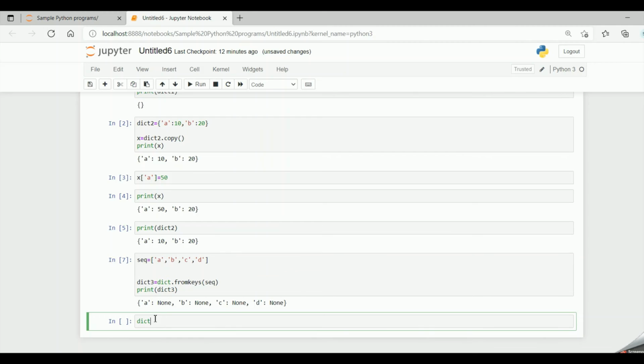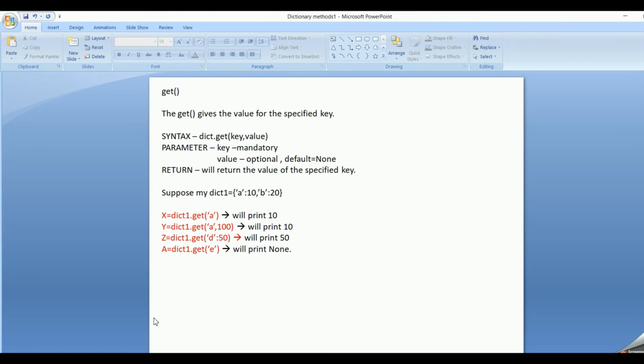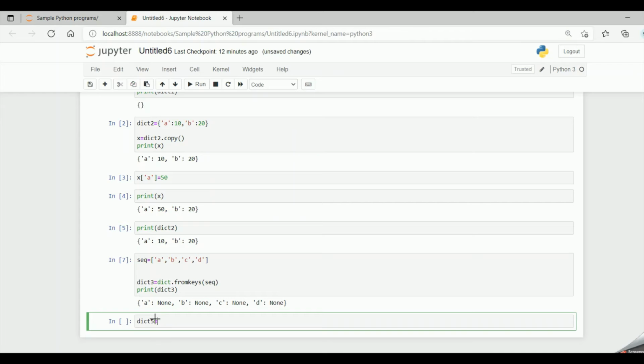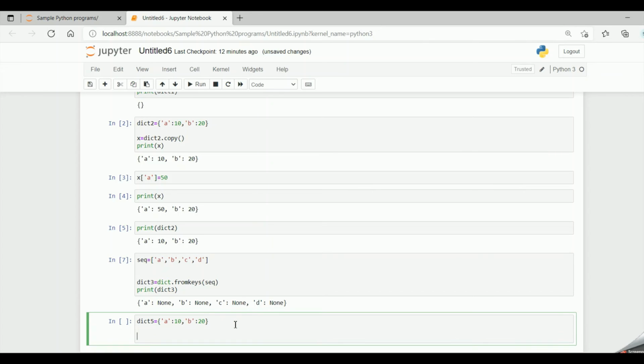So dict5 equal to A colon 10 comma B colon 20. So my dict5 comprises of these values.